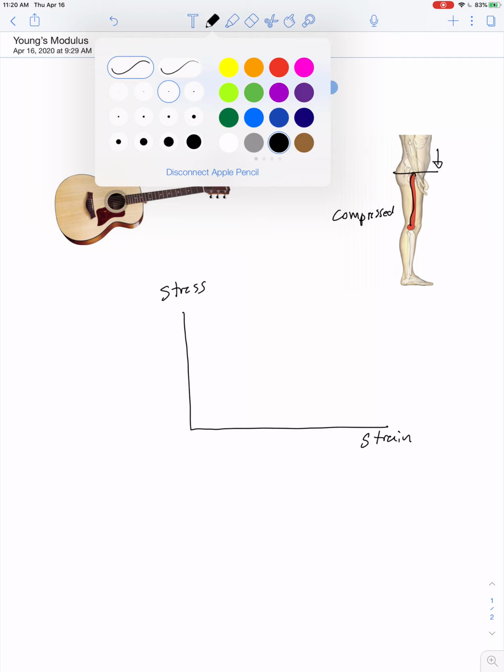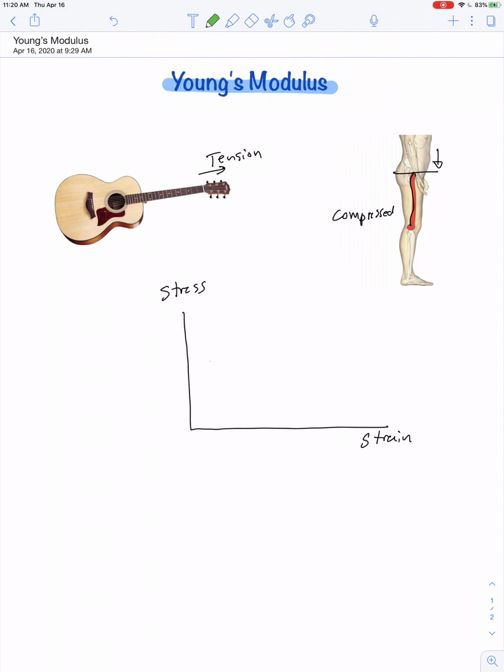And the key part of this graph is the first part. As you first start to add stress to any material, there's a direct relationship between stress and strain, meaning the graph will have a linear shape. Now, if you stress it beyond that point, then additional stress leads to additional strain, but the graph goes nonlinear. That might still be within what we call the elastic limit of the material, but you've gone beyond what we